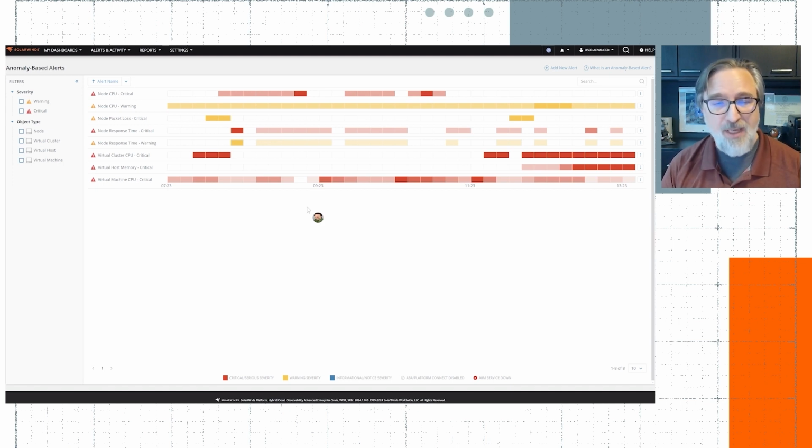having anomalies, right? Now, we just don't throw that back to you, just say, oh, here's an anomaly. What you do there is you are able to build an anomaly-based alert. That's what the feature is called. And what that does is it combines both the status of the metric that you're monitoring, so CPU, memory, packet loss, whatever it is, along with a threshold that you set.